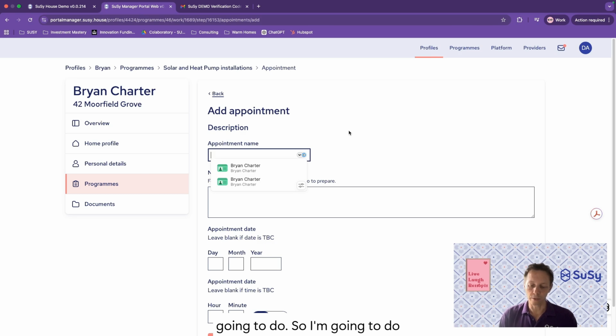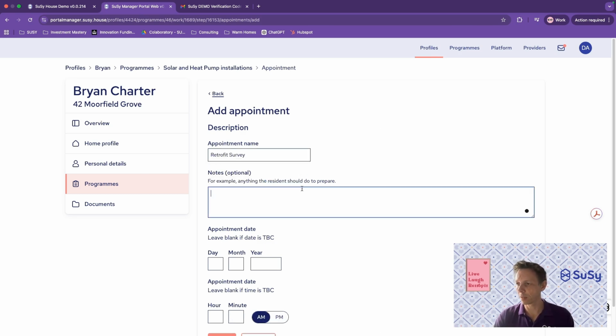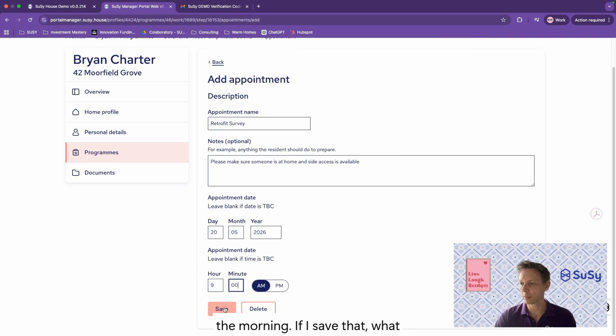So I'm going to do retrofit survey, and please make sure someone is at home and side access is available. That is going to be in a few days' time, and you're going to be there first thing in the morning.